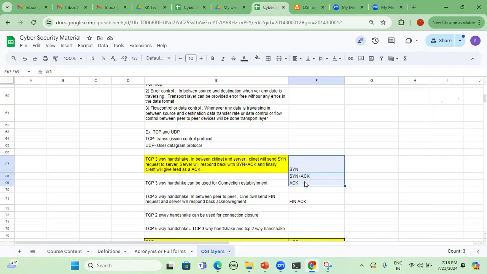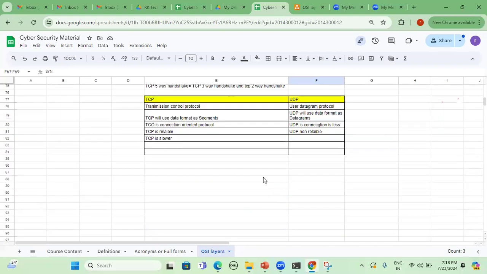We don't know how much lag, latency or delay there will be between client and server. That is the reason TCP is always slower compared to UDP, because exchanges and negotiations are happening between client and server. But on the other hand, in UDP there are no such exchanges. After TCP is established, only then does UDP come into the picture. So here UDP is faster.